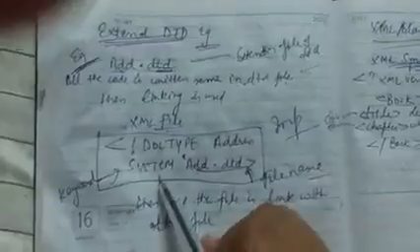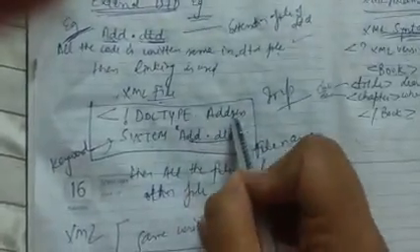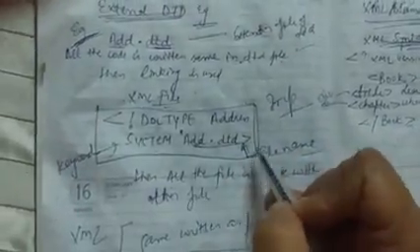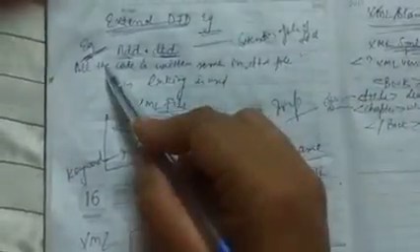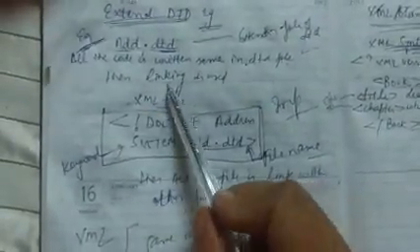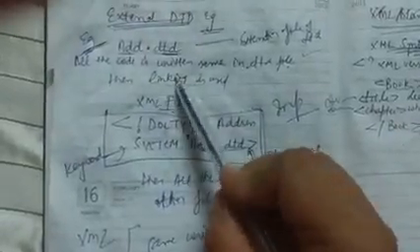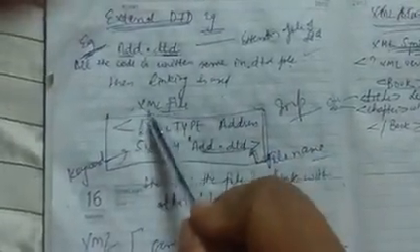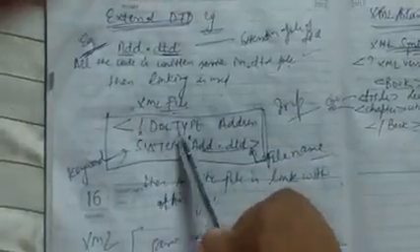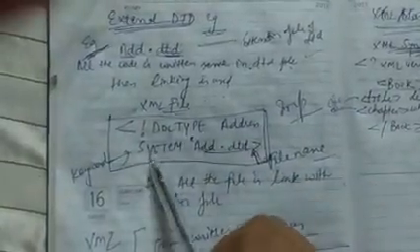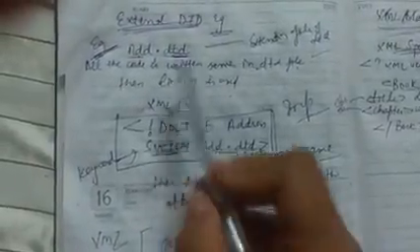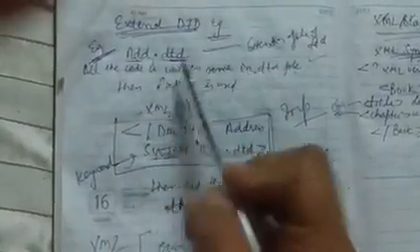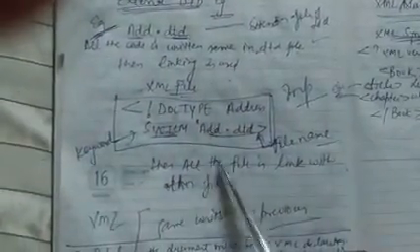DOCTYPE address SYSTEM add.dtd. This is the syntax of the external DTD. Whatever data was placed in the previous internal DTD, in this section we just want to link the previous file to the new file. So what we write here in the XML file: DOCTYPE address, and SYSTEM. What is SYSTEM? SYSTEM is a predefined keyword, and add.dtd, and all the files are linked with this file.